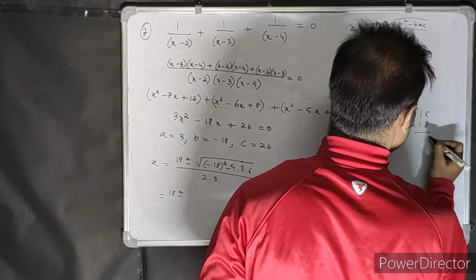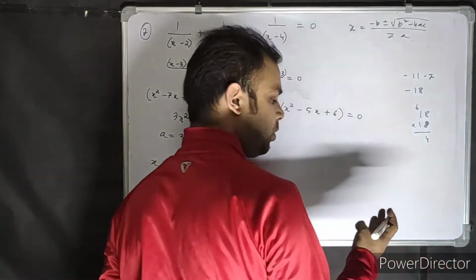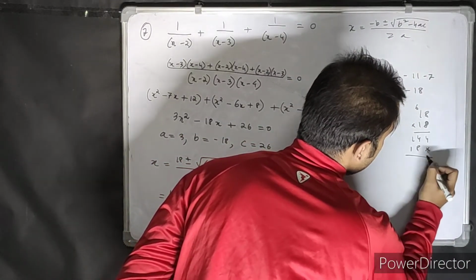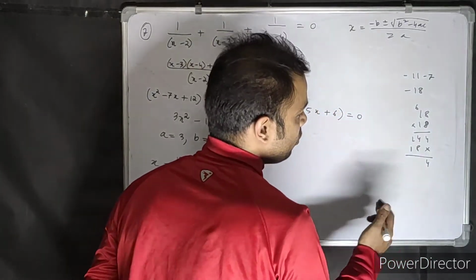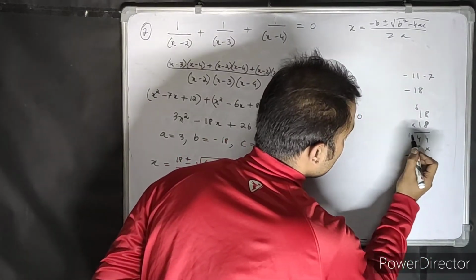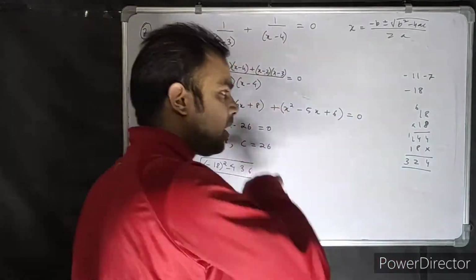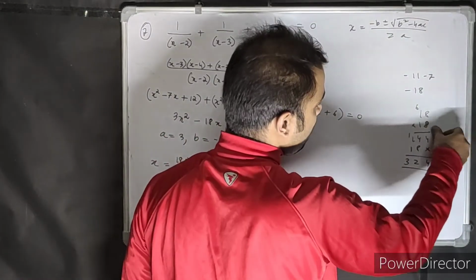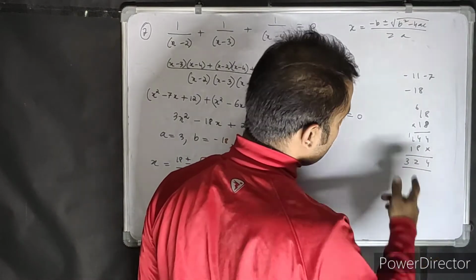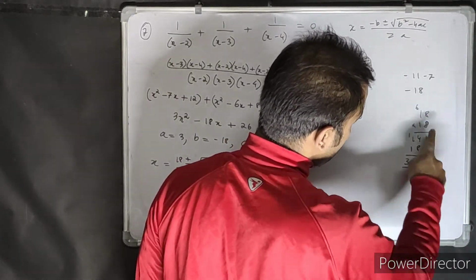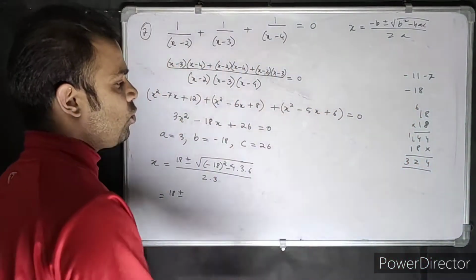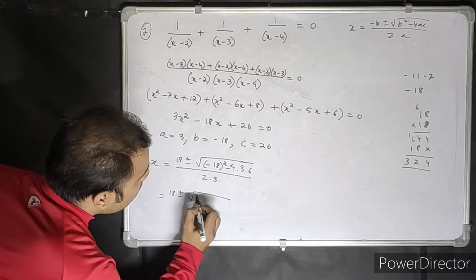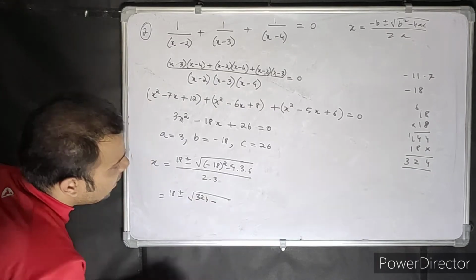Okay. 8 8s are 64. 8 1s are 8, 9, 10, 11, 12, 13, 14. Okay, 144. 1 8s are 8. 1 1s are 1, 4, 8, 9, 10, 11, 12. 1 to 12. 324. Let's calculate once again. 8 8s are 64, 8 1s are 8, 14, 1 8s are 8, 1 1s are 1, 12, 324. Correct? Root over of 324 minus